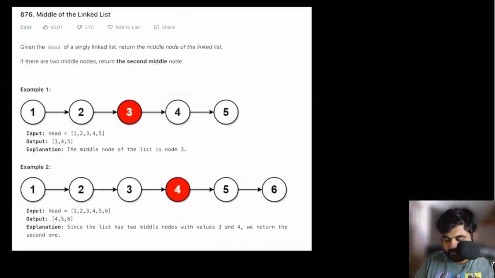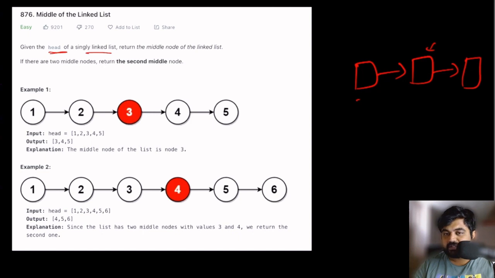Basically the problem statement is quite simple: we are given the head of a singly linked list. If you know anything about a singly linked list, we only know what the next pointer value from the current node is, nothing more than that. We don't know how many total nodes are present. We also don't have the ability to go back to the previous node. So in this case, finding the middle pointer could become a little bit tricky.